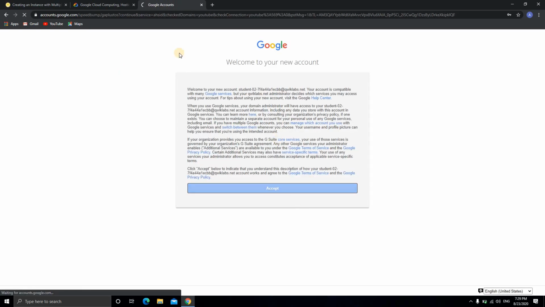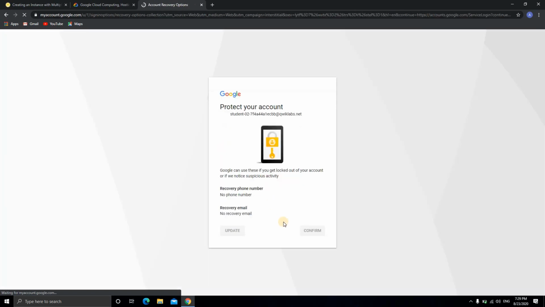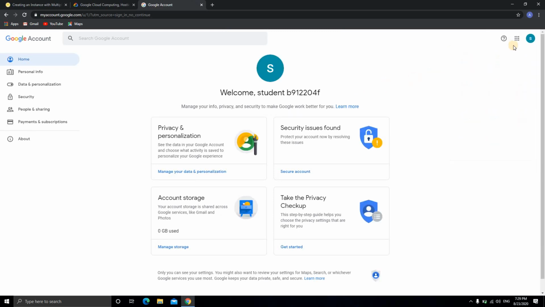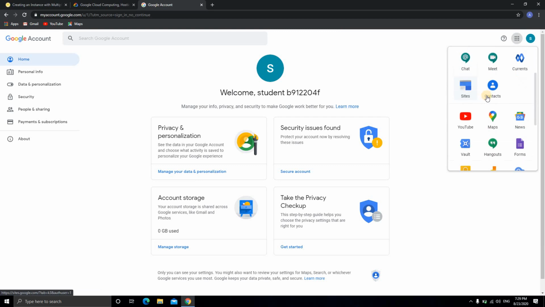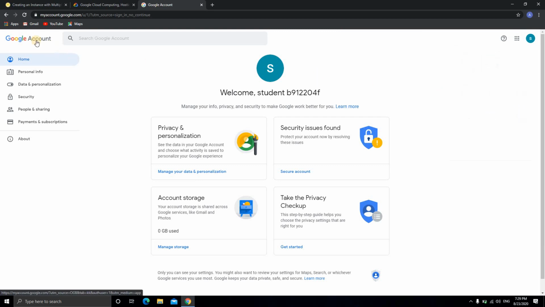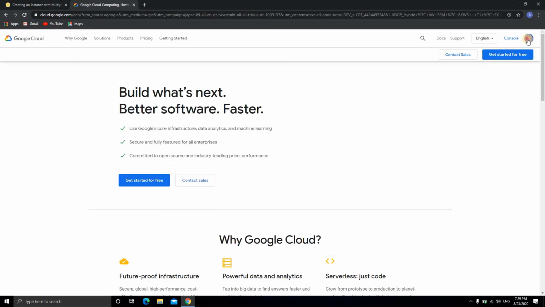So as you can see, I have successfully logged into this Google account, and this account will be deleted after 2 hours. You will not get it for more than 2 hours. So guys, don't even think that you are getting it for free for many years. There are a lot of things over here. Now we'll move to this. You'll need to switch the account. Just refresh the page and the account will be shown over here.